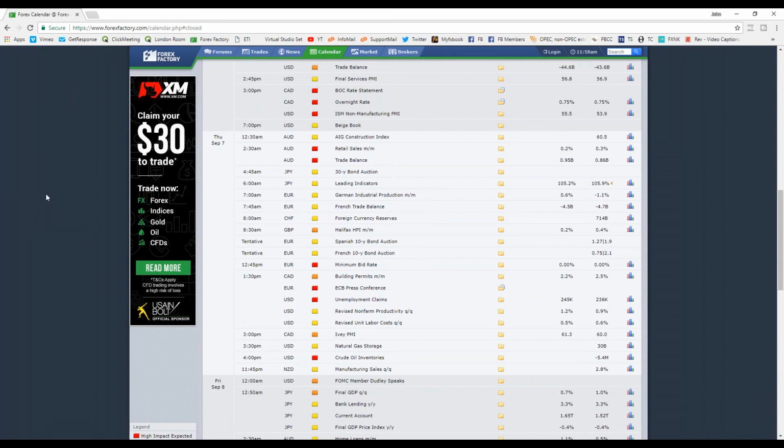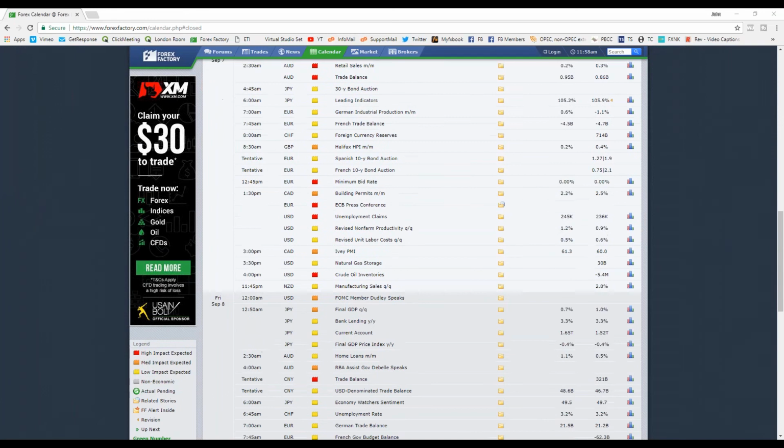And going down, we can see we have unemployment claims down here at 1:30, but we know these come out every single week and they generally don't tend to move the market. We have crude oil inventories, which comes out pretty much every Wednesday or Thursday, and so we're going to put down a small X here for the CAD on Thursday. The reason we put a small X down for the CAD, again, for those of you who are new, is because Canada is a large oil producing country, so the oil price tends to affect the Canadian dollar more than the US dollar, even though down here it says US dollar. When you have crude oil inventories or oil data, you want to be looking towards the CAD primarily.